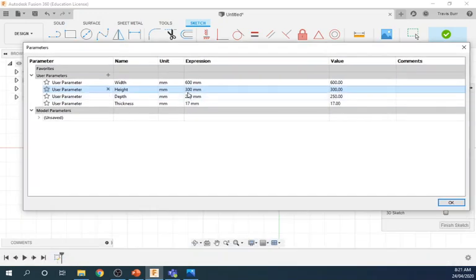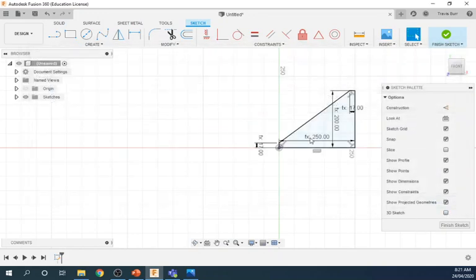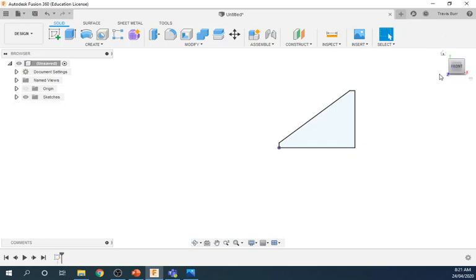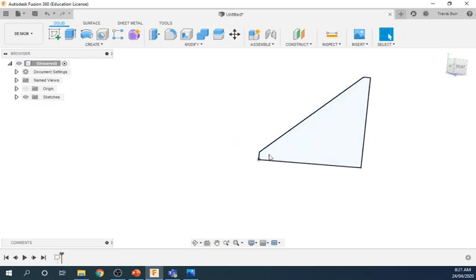Just fill that up. And 200. And okay. And there we go. So back to the way it was. I'm going to finish the sketch. So there is the side drawing of my piece. So the next thing we want to do